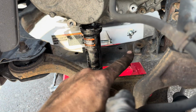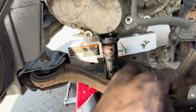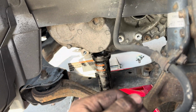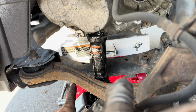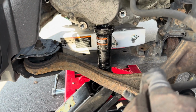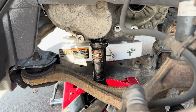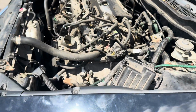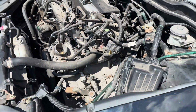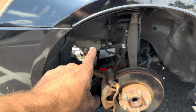I forgot to note, these mounts, I thought they were riveted to the subframe, so I didn't take them out. I didn't think about it. They were getting crushed by the transmission, so I couldn't pull the transmission back anymore, obviously. I had to jack it up. They actually have through bolts, and there's holes in the bottom of the subframe, 14mm nuts, and you've got to get those out and pull those mounts out before you even disconnect the transmission. I pulled the transmission off the motor a couple inches, as you could see, but I should have pulled those mounts out first. So now that we got those mounts out, we can fully back up the transmission